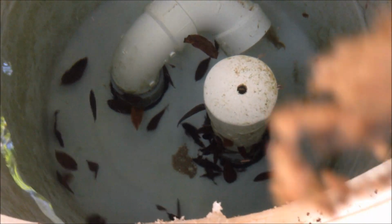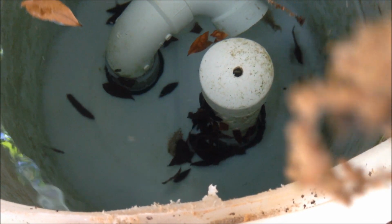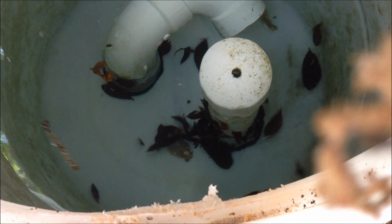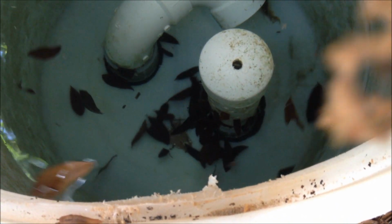What's also nice about this is if you have small tosai and they go through the bottom drain, they don't get sucked up into the pump. So whenever I do get new fish, small tosai, every now and then you'll have one that goes through the bottom drain and wants to end up in here and I have to fish them out. So the suction of the pump, that 3-inch line, is going to come right here through the ground,